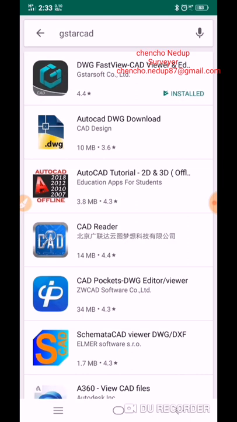It can be installed in various phones. Mine is Vivo V11. It can be used in any kind of phone. Before, I used to have this software in my Samsung J7, which worked very nicely. So don't worry if you have low specifications or low